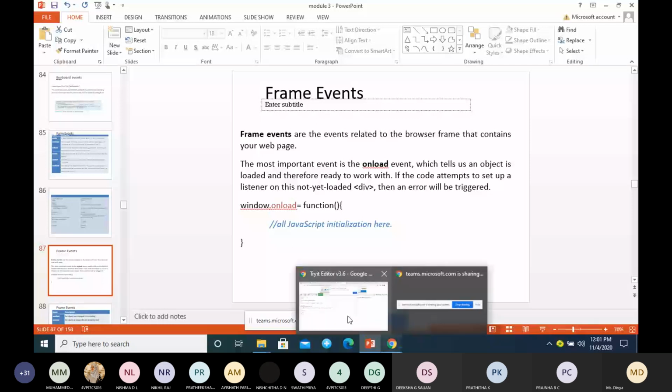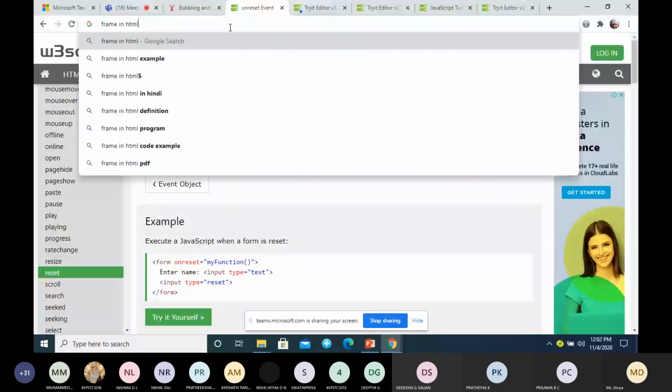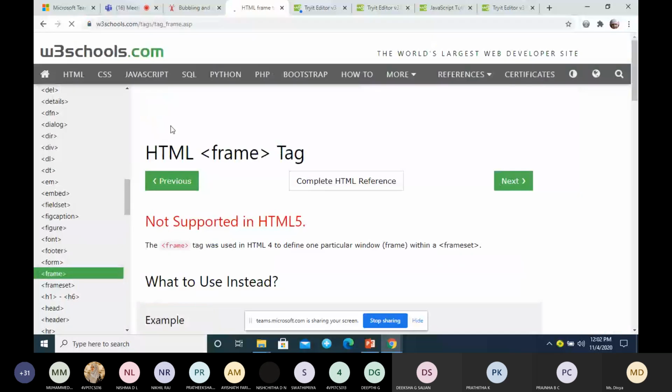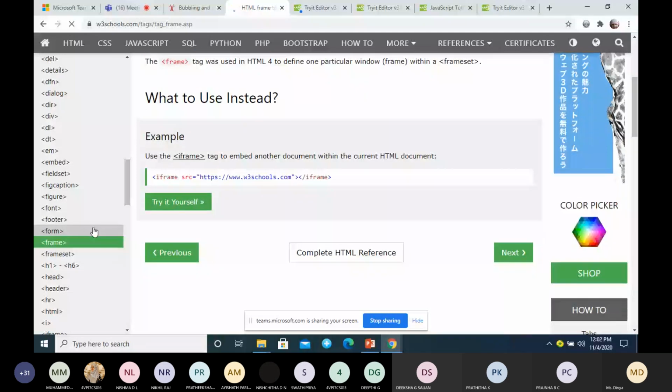The frame tag was used in HTML4 to define one particular window frame within the frame set. I will not explain in detail. I will show you the example. It will be clear.